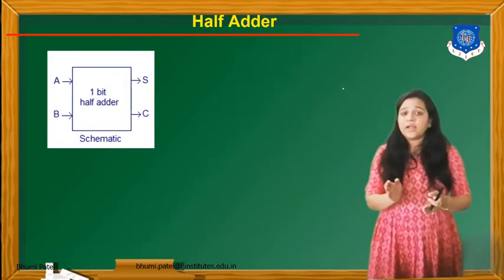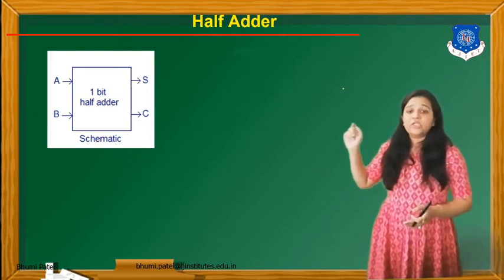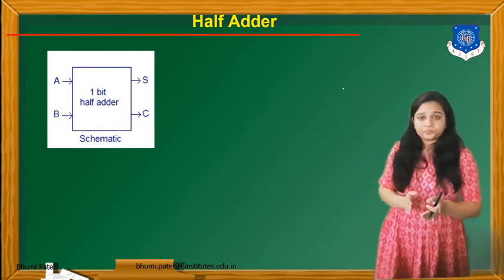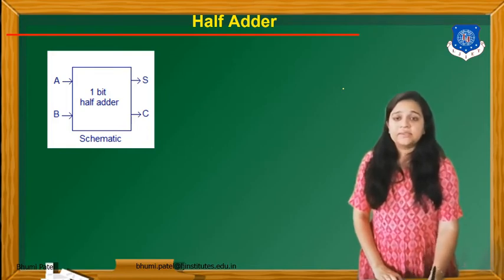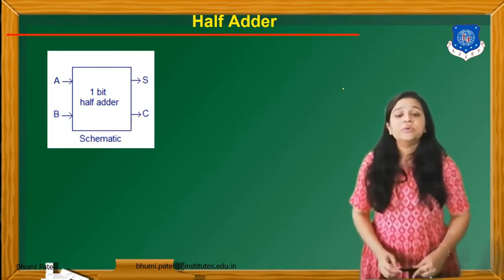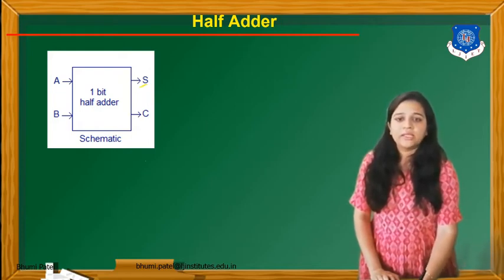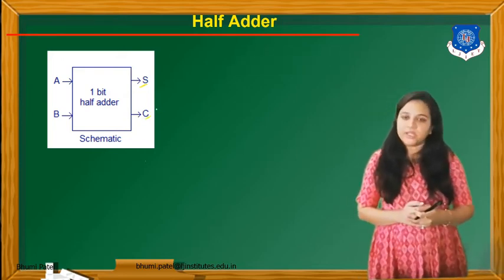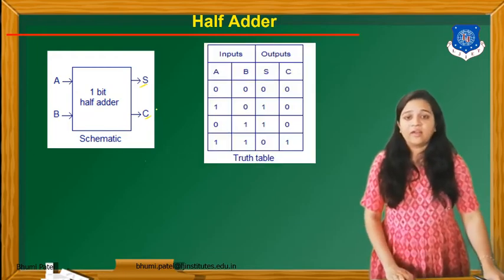First of all, what is the schematic diagram of the half adder? Half adders are generally used for two inputs. So here we can use two inputs, input A and input B. Now in the output section we can write S and C. What is S? S is known as the sum of the two bits, and carry is the carry that is produced whenever we sum the two bits. So this is the schematic or block diagram of the half adder.